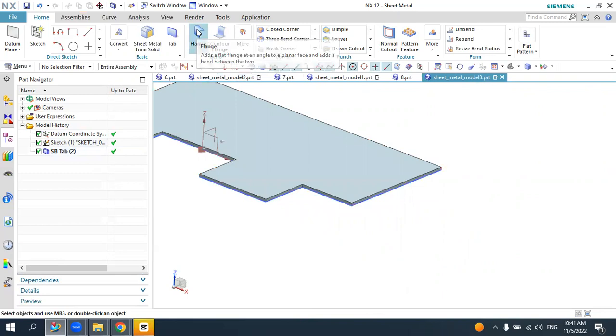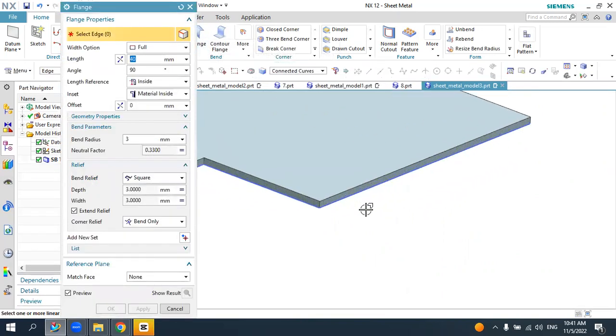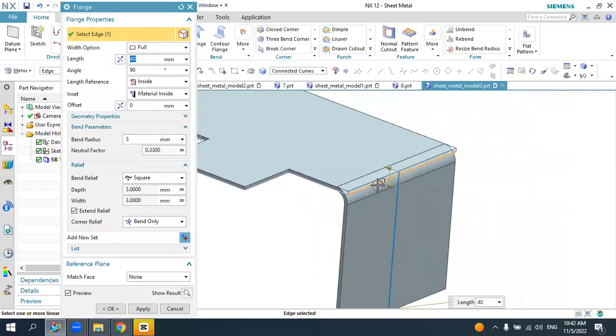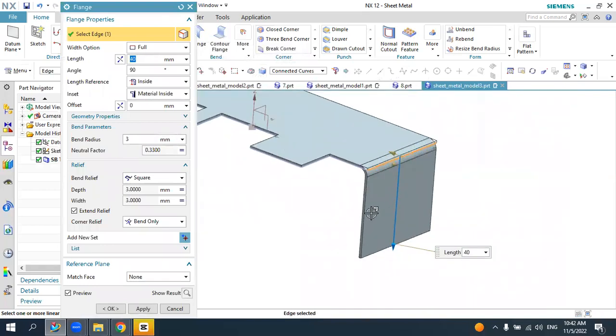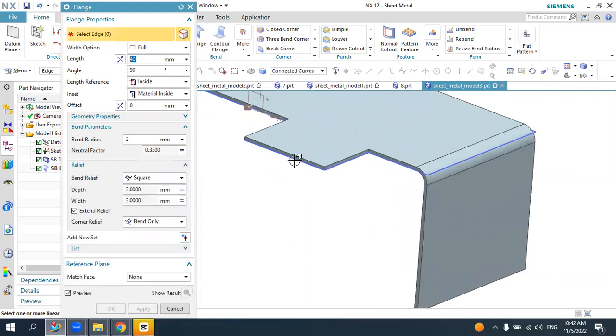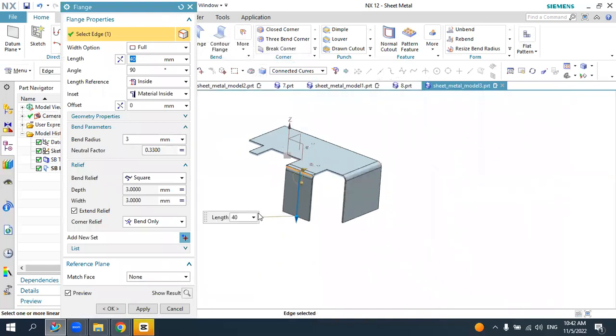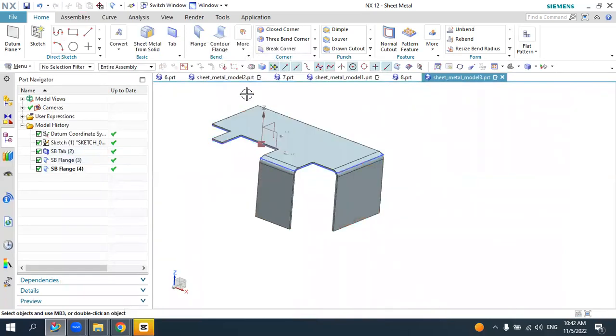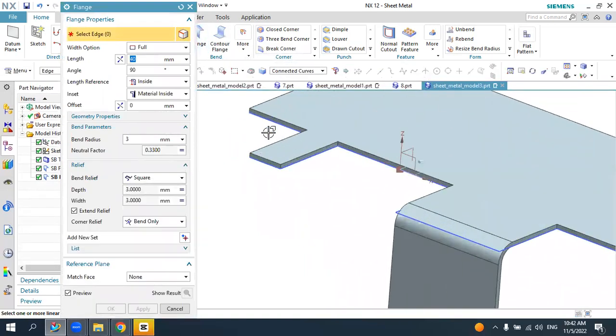So firstly use the flange. Click on flange, and click on this lower edge here. So it creates the flange here and define the dimension of this flange. So let's make it 40 millimeter, and click on apply here. That angle is 90 degree, and make this one also 40 millimeter, the same here, and click on OK here. And now let's try to create the advanced flange here, the flange, and let's create the flange